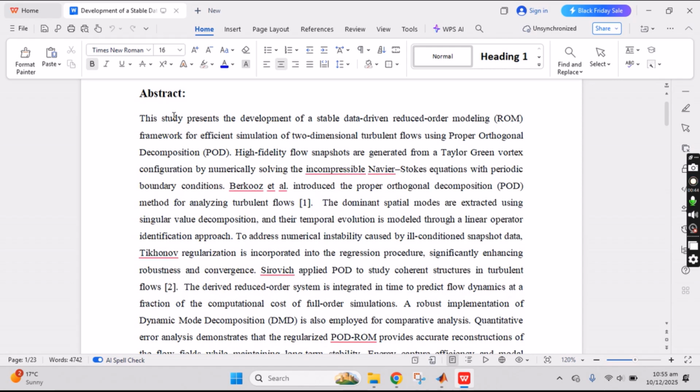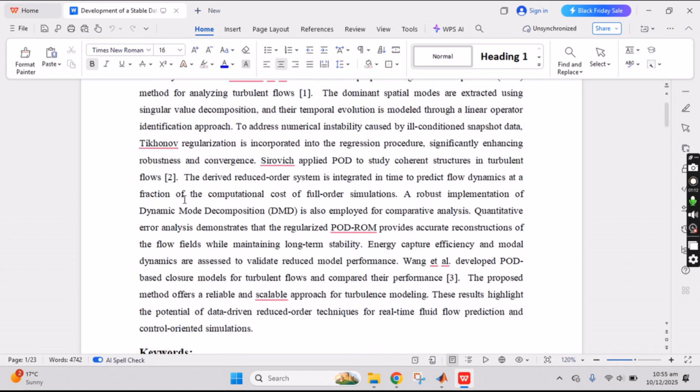So here is a turbulent flow simulation in terms of Berkooz, one of the scientists who introduced the proper orthogonal decomposition method for analyzing turbulent flows. Okay, the dominant spatial modes are extracted using the singular value decomposition, and their temporal evolution is modeled. So in the derived reduced order system, which is integrated in time to predict flow dynamics at a fraction